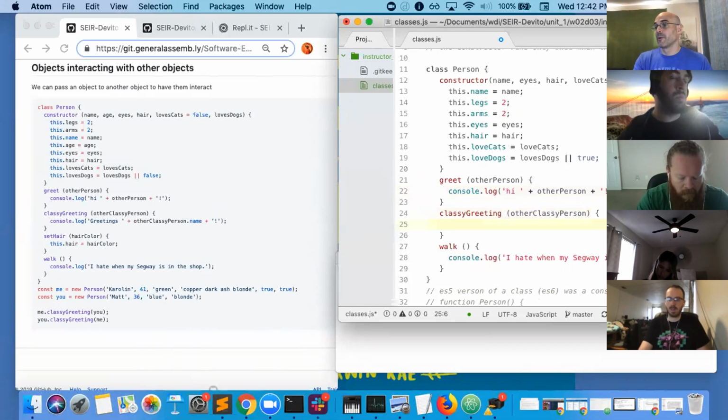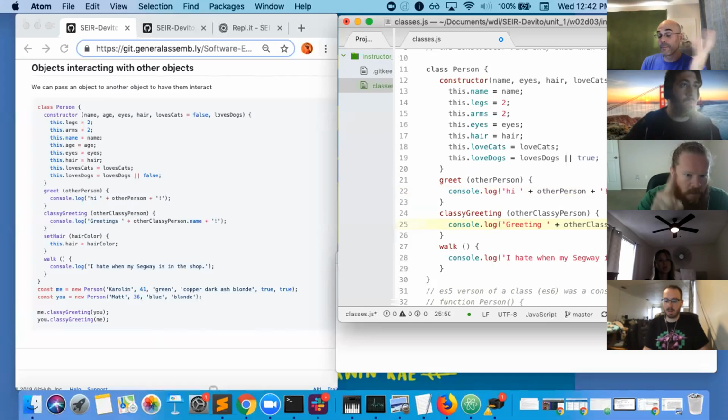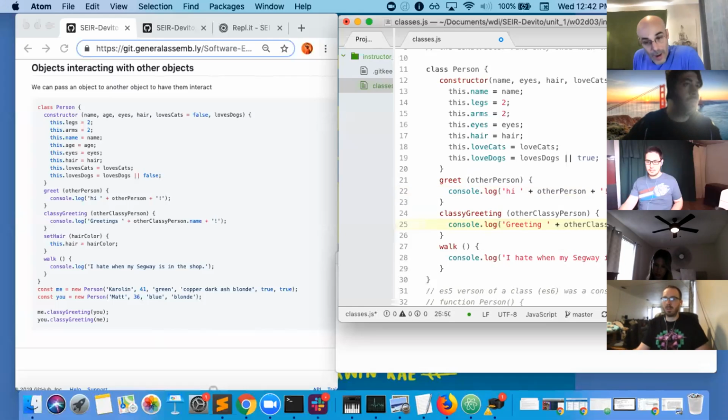Whoops. And then we're going to say console log, and we're just going to be a little bit more proper. Greetings, space, plus other classy person dot name. Now, the fact that you see the dot means what? What does that dot indicate? That the thing before it is, what is other classy person? What data type is it? An object. Correct. And name, because it doesn't contain the parens, means that that's a property of an